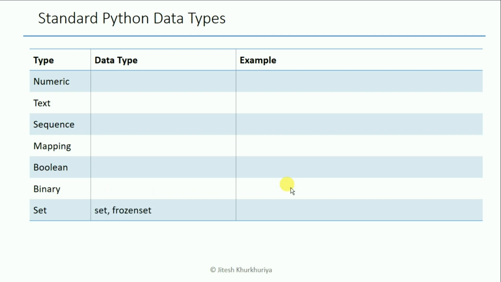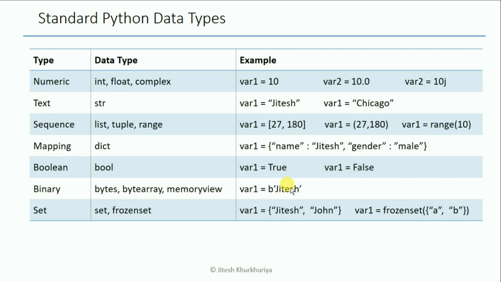And finally, we have the data types of set and frozen set, which again stores the collection of items but without the keys. And things will be a lot more clear once we do their hands-on, right? So here we have all the data types on one slide. Pause the video if you want, and let's now go through the numeric data